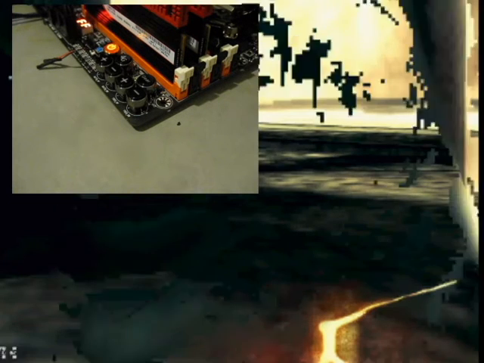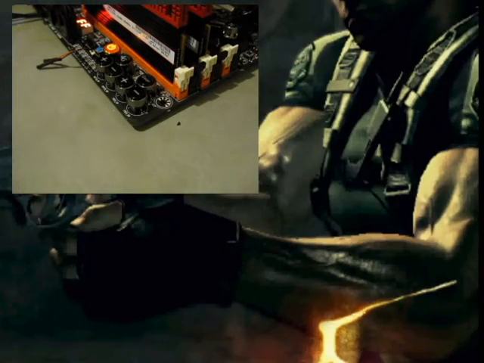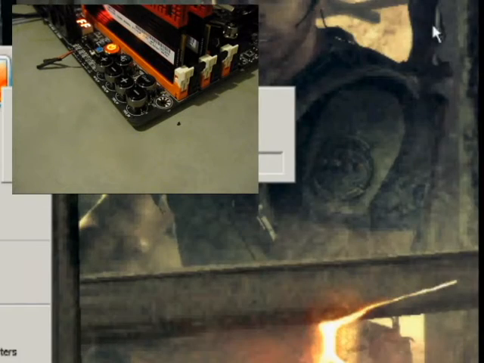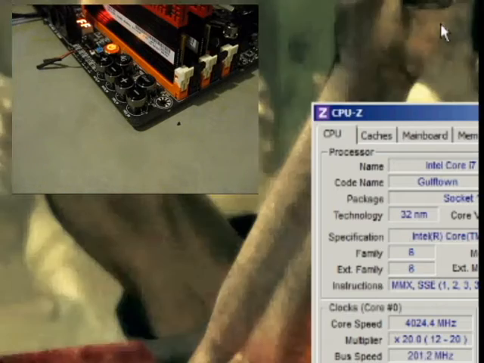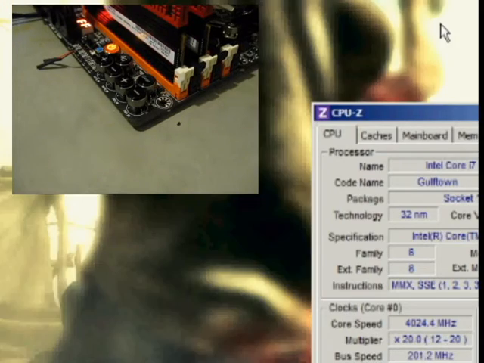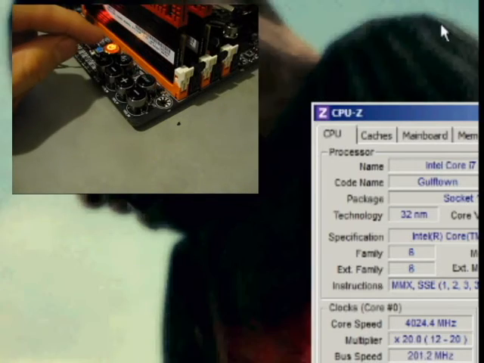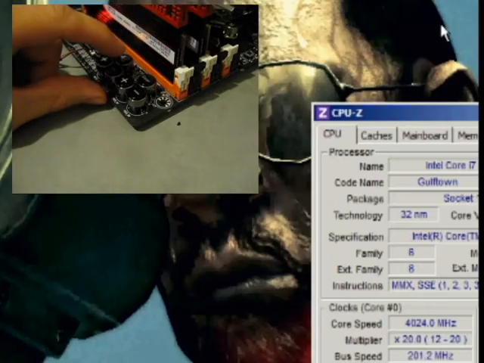I've got the variable benchmark, and now we've got the benchmark running. Just going to bring up my CPU-Z, and okay, so halfway through the bench you want to downclock, but I'm not going to wait till halfway. I'll just give you an example. If I hit down a couple of ratios,